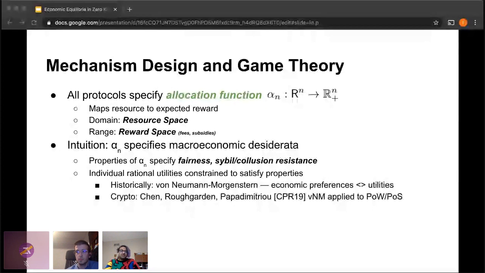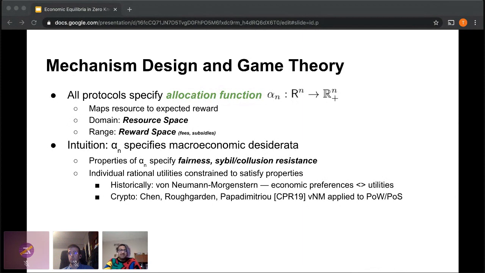And so, historically, you might say, okay, well, you just chose a random function. Why should I believe that that function is the correct function for ensuring X, Y, or Z? Well, if we look at history, the famous von Neumann-Morgenstern theorem in 1947 shows that for every quasi-convex function of this form, you automatically define a set of constraints on economic preferences that users in the system can have. And what that means is there's a duality between the axioms and/or preferences and utilities. Now, what do I mean by axioms and/or preferences?